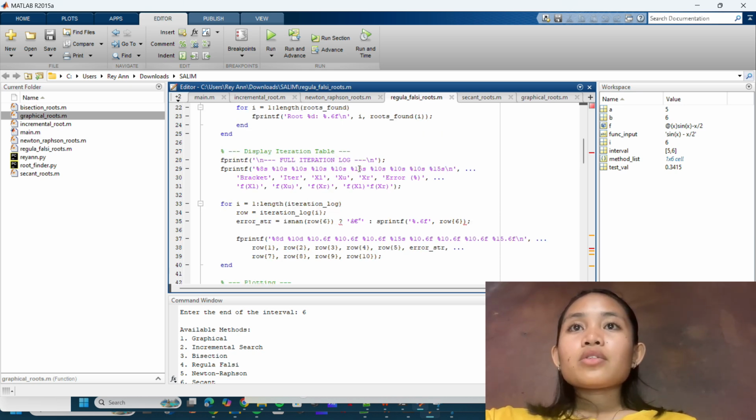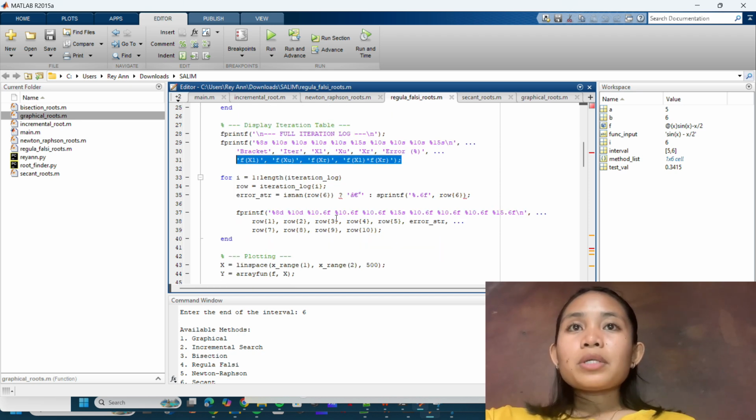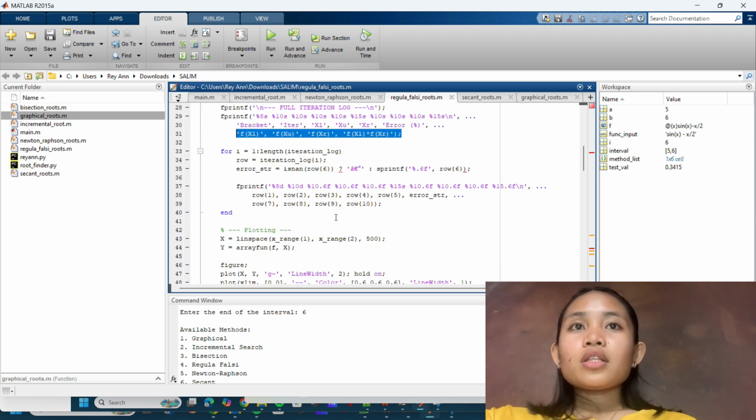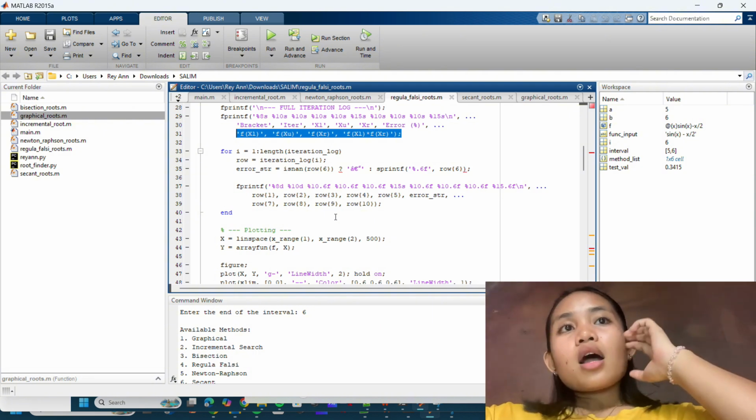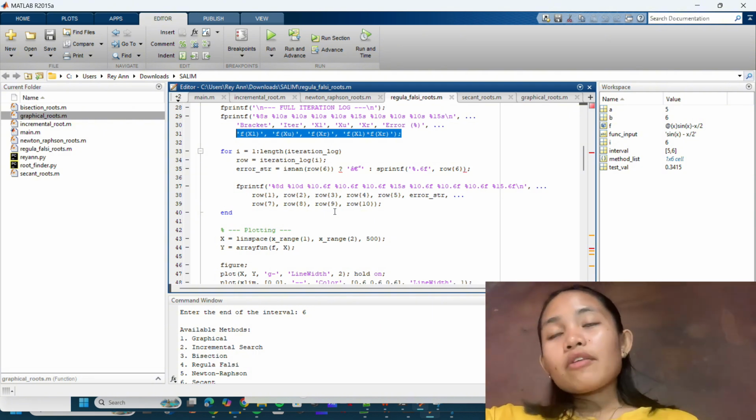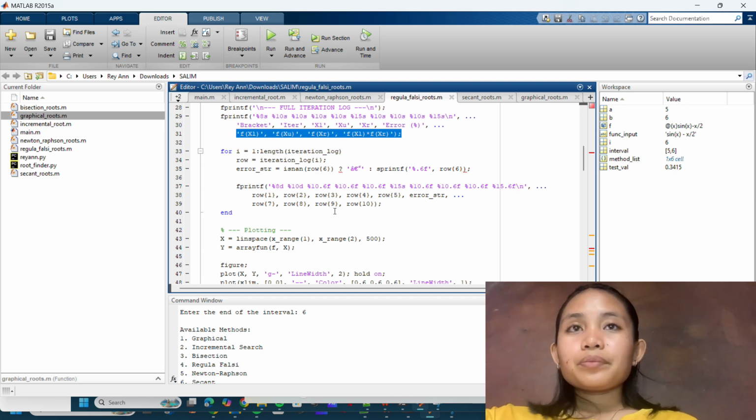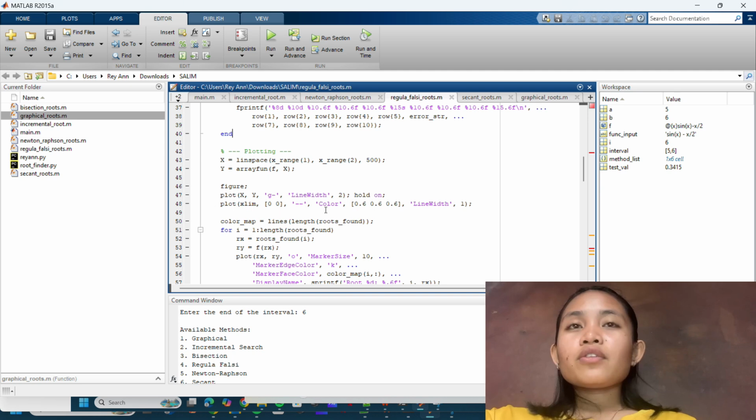Next, a detailed iteration log is displayed. This table includes the bracket number, iteration count, interval bounds XL and XU, the current root approximation XR, the relative error percentage, function values at these points, and the product of f of XL and f of XR. Finally, the function plots the target function over the full interval.